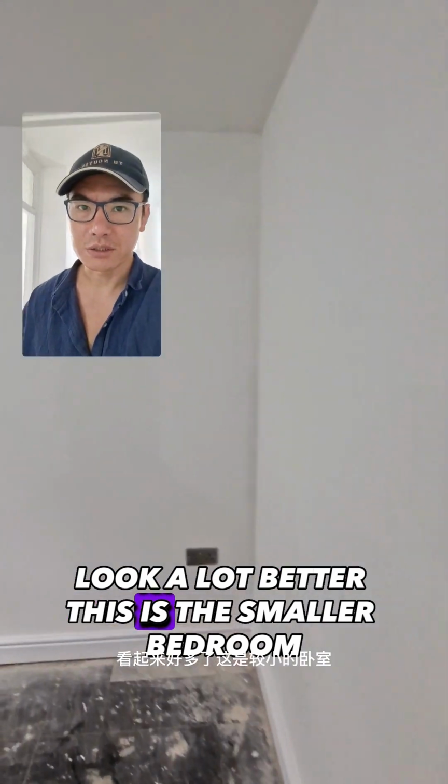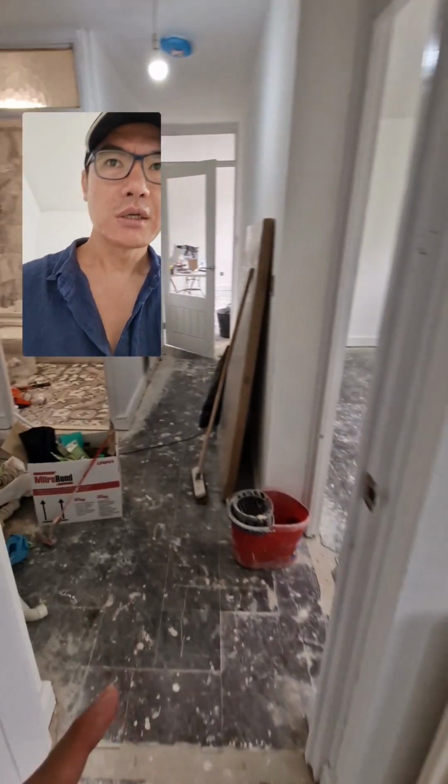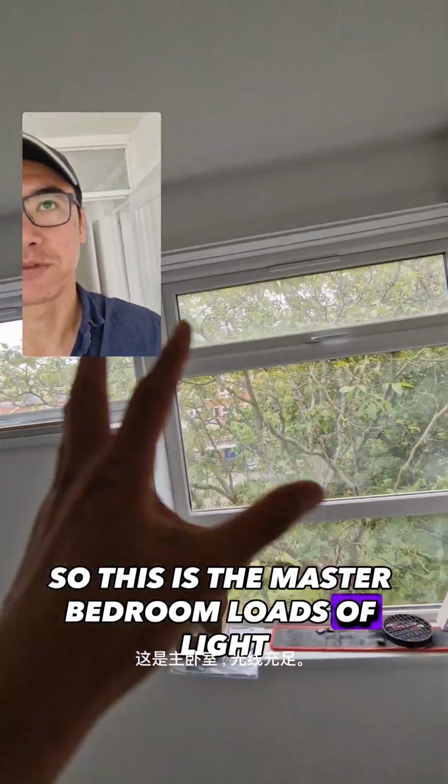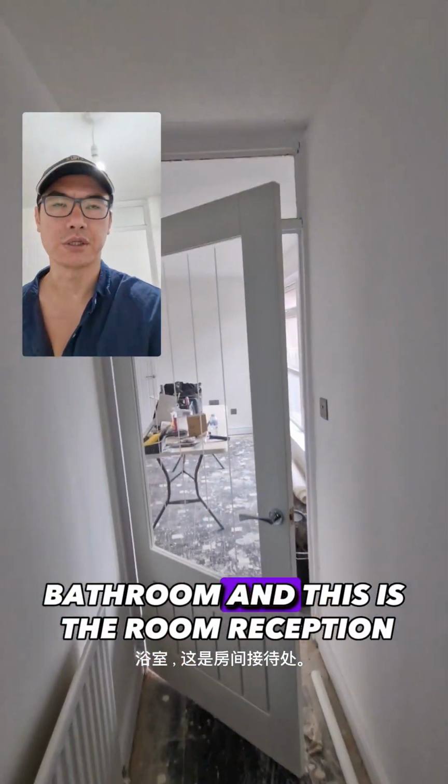They look a lot better. This is the smaller bedroom. So this is the master bedroom. Loads of light. Bathroom, and then this is the